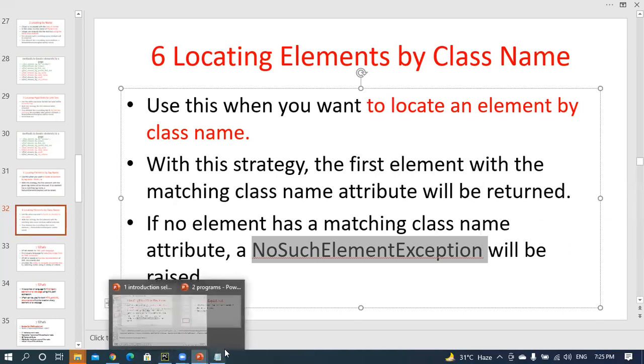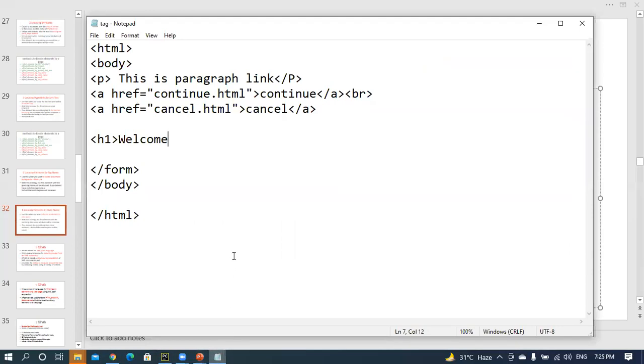For doing that, first I'm going to write some information for the class name. How can I write some information for the class name here? For example, for this particular paragraph, I am going to write some class name like class equal to content.